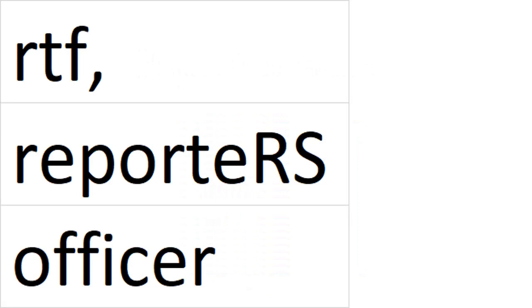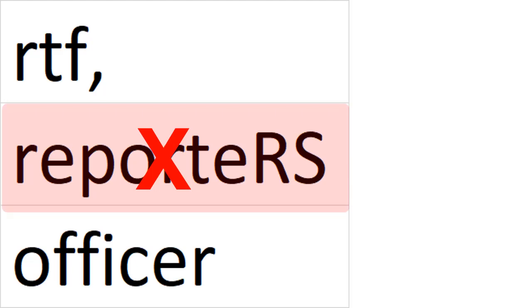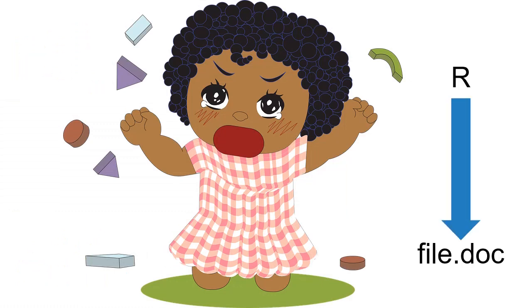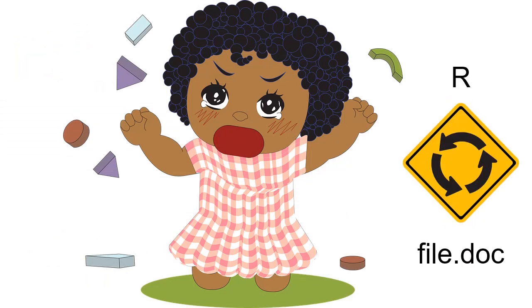Packages like rtf, reportRs, officer are available to create Word files with various extensions, but these are not that easy to use, and even the package reportRs has been discontinued and removed from CRAN. But if you still need your data from R exported to Word, this roundabout will help.